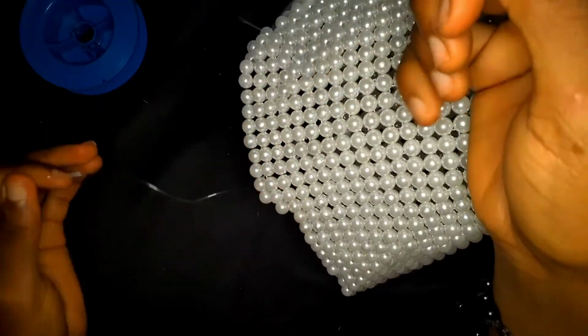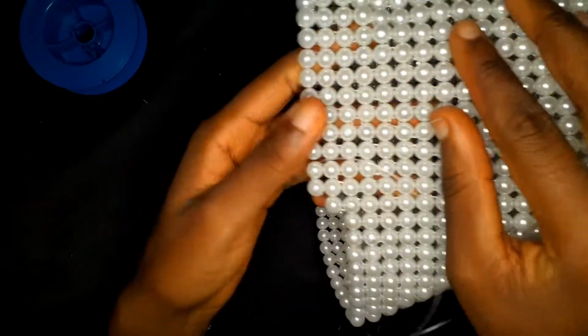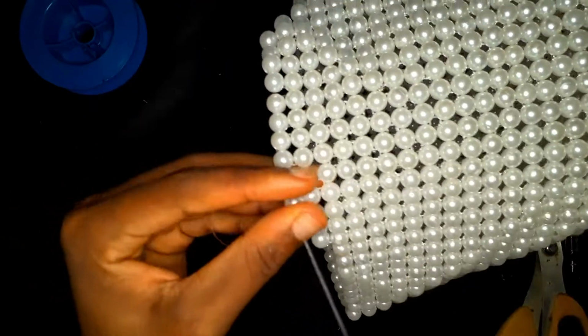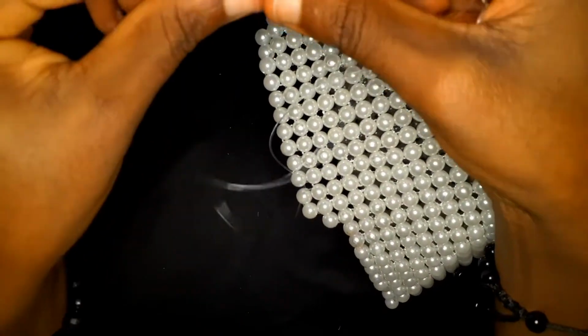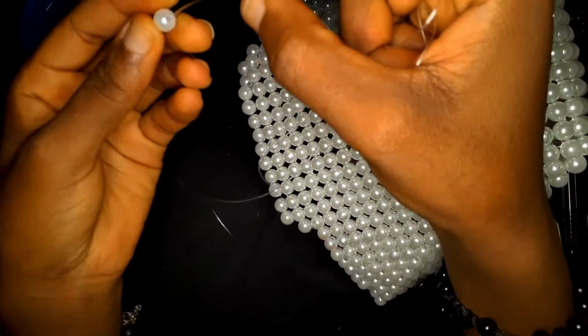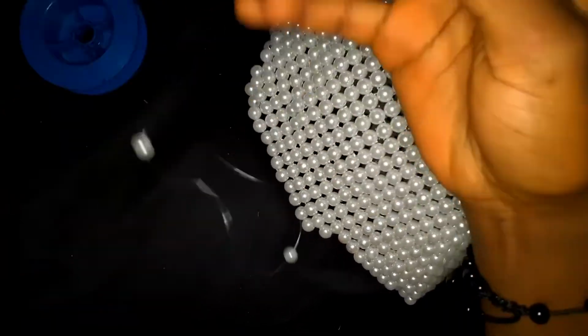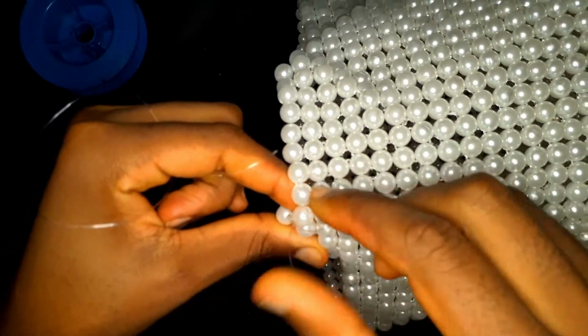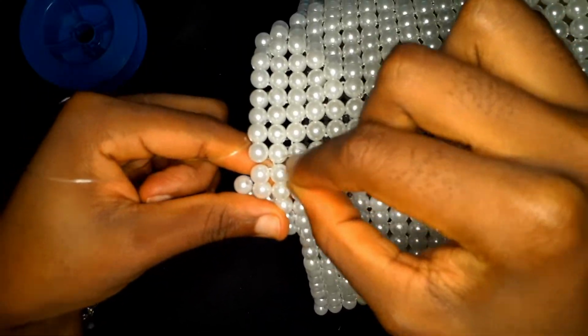And now we are going to be doing another decrease basically. Yeah, so we are going to decrease until we can decrease no more. This is what we are doing right here. So if your fishing line is attached to 1 bead, how many beads do you need? 3. So pick up 3 beads with the fishing line on your left, and you're going to